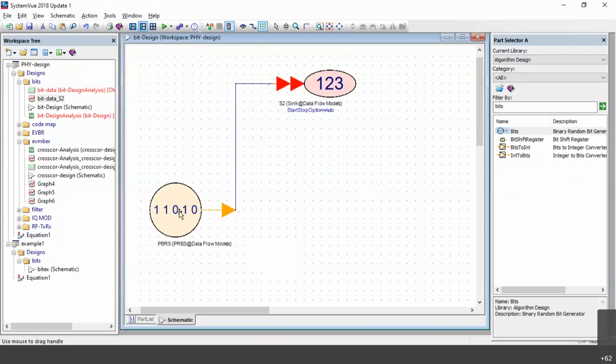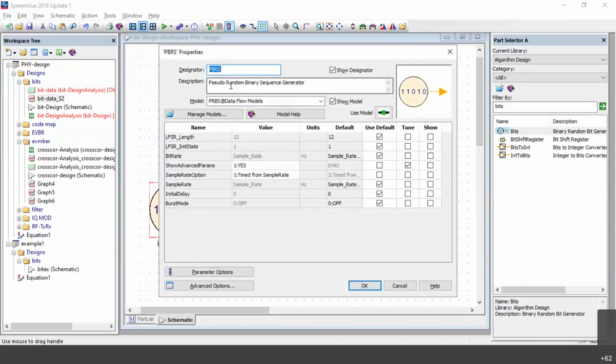Now I selected here, named as pseudo random generator, and I selected a pseudo random module, data flow module. Fine. Now all of you modify according to the values. Let the feedback shift register length be 12, initial stage 1, then bit rate, sample rate.